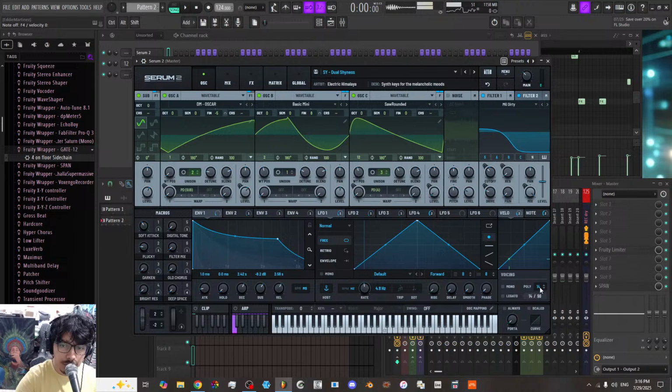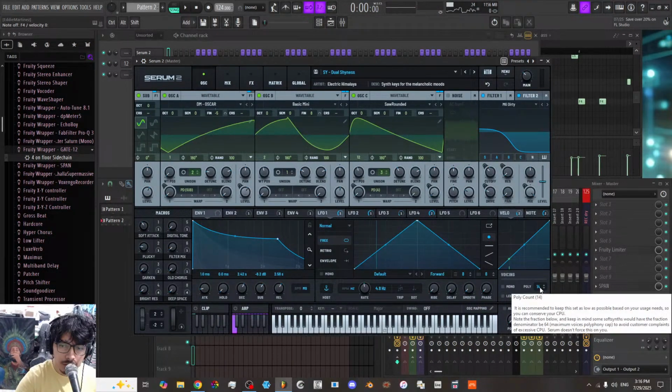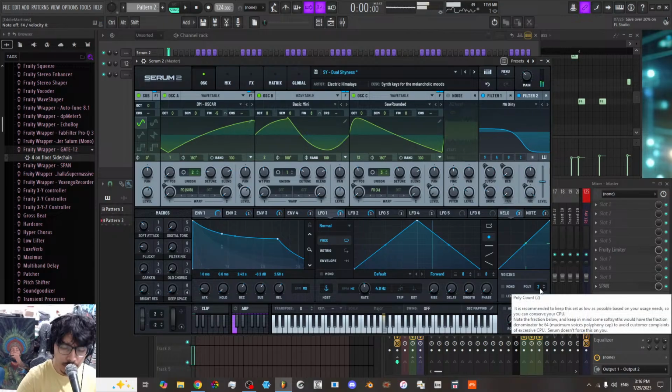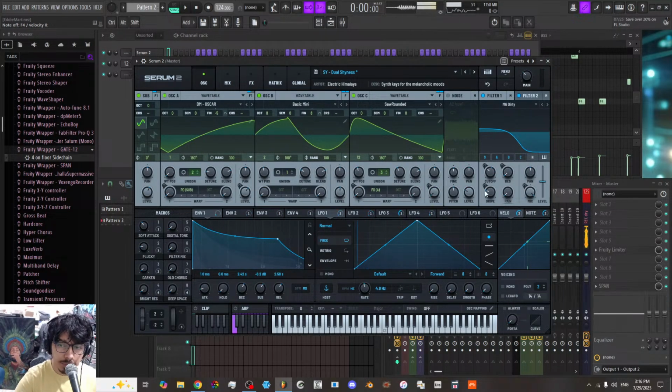What if I lower the polyphony? See how it changes the sound. That didn't even make that much of a difference. There you go, and that cut it in half, bro.